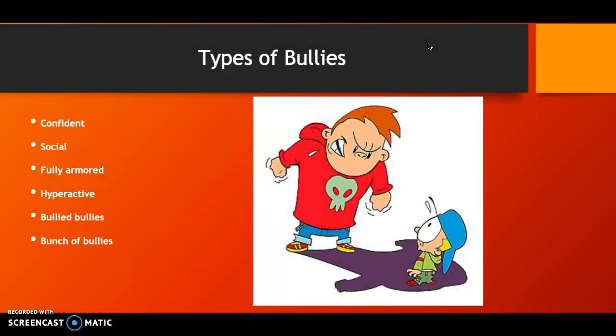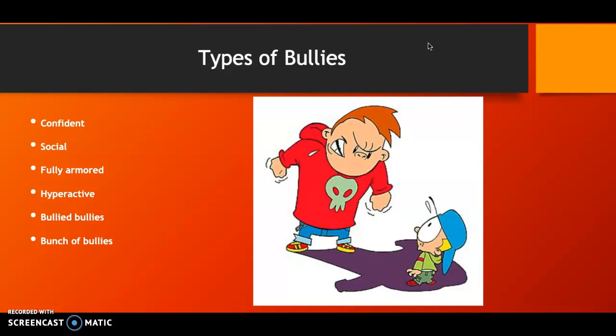There are also different types of bullies. One type of bully is the confident bully. This bully has a very high opinion of themselves and feels superior to others, and especially the people that they are bullying. There are also social bullies. These bullies use rumors and other social bullying techniques to insult others. These bullies are typically female and often have low self-esteem, but again, this is a cross-gender issue.